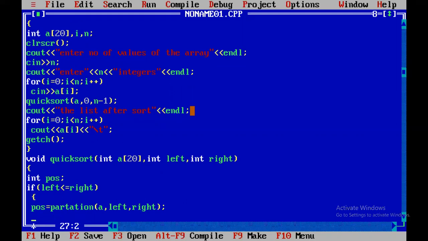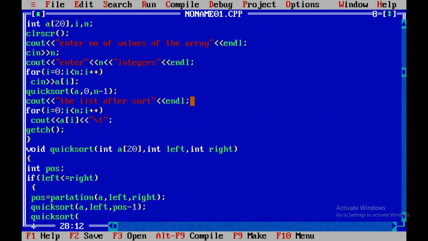So what is the concept? Assign the first position. Left is incremented when left is less than or equal to pivot, and right is decremented when right is greater than pivot. So interchange everything; that concept is done in partition. The result is assigned to pos. Again we perform quicksort: quicksort a, 0, pos minus 1, that is, left to pos minus 1.